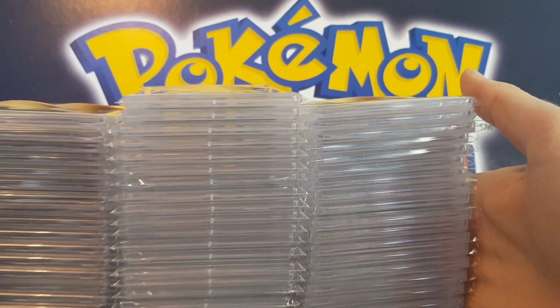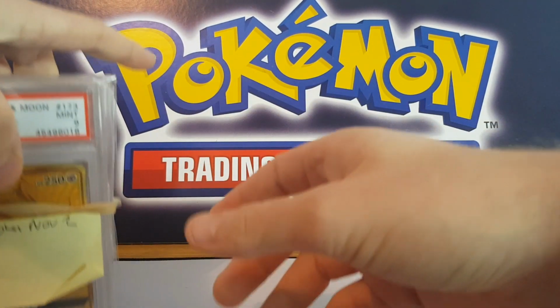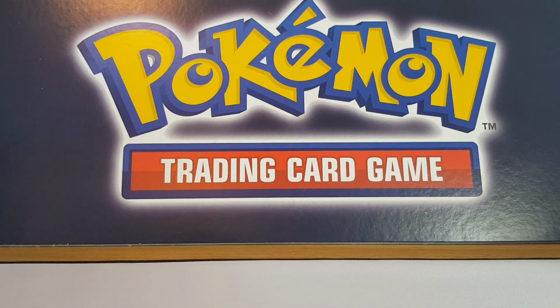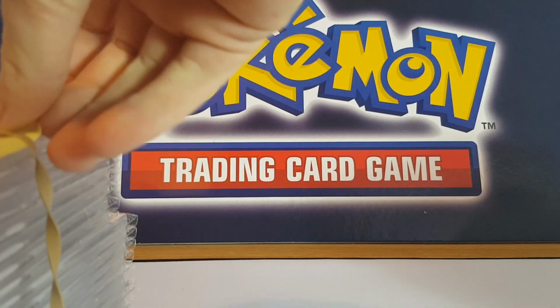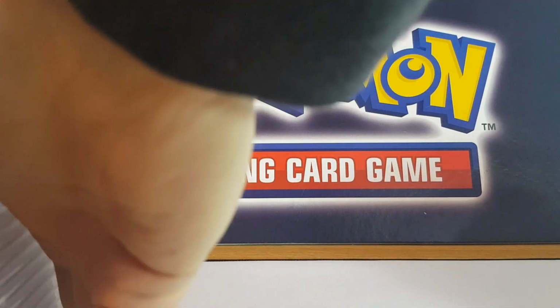So, yes, these are 3 lots of different returns. One's from September, I believe. So that's the November one. We'll do that last. We'll do them in order because there's a lot to get through here, and I can't spend too long going on about all these wonderful cards. But yes, we're going to have a closer look at some of these beautiful cards because there's so much to